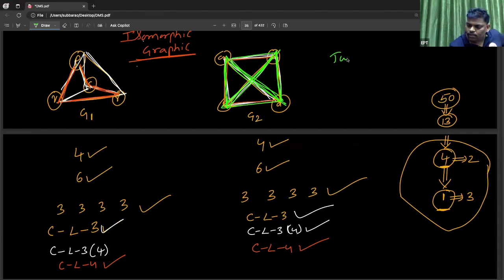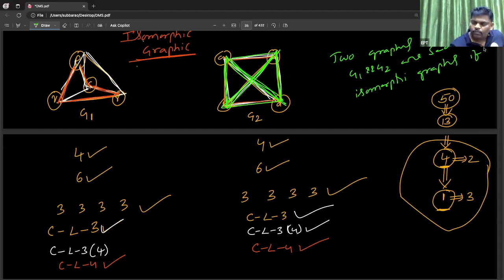Two graphs, I am writing here. Two graphs, G1 and G2, are said to be isomorphic graphs. If two graphs G1 and G2 are said to be isomorphic graphs, if